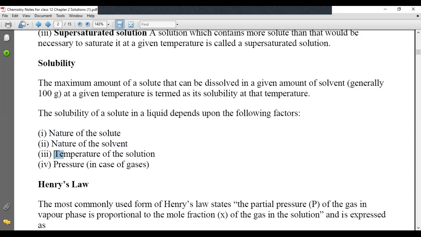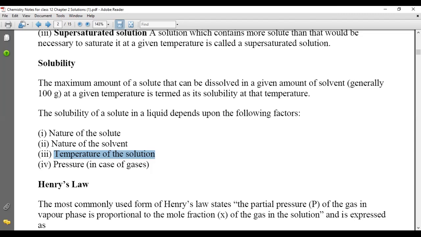Temperature is a very important factor which affects the solubility of a solute. If the dissolution of a particular solute is exothermic in nature, meaning after dissolution a certain amount of heat is given out, then according to Le-Chatelier principle, when temperature is rising, the solubility of the solute decreases. For this, you can take the help of Le-Chatelier principle in detail. Only then can you explain how the solubility of an exothermic solution decreases.